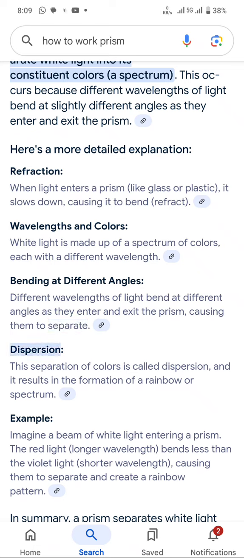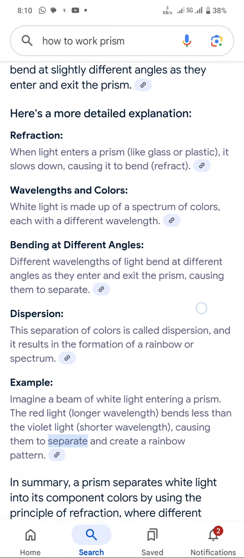4. Dispersion. This separation of colors is called dispersion, and it results in the formation of a rainbow or spectrum. And 5. Example. Imagine a beam of white light entering a prism. The red light, longer wavelength, bends less than the violet light, shorter wavelength, causing them to separate and create a